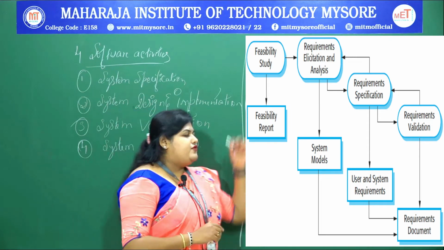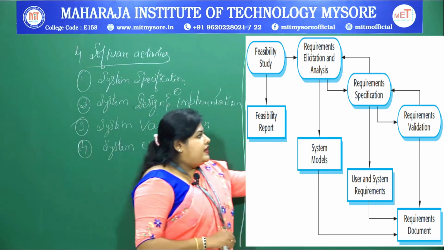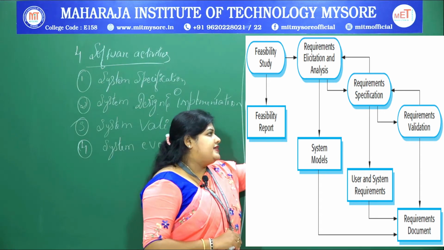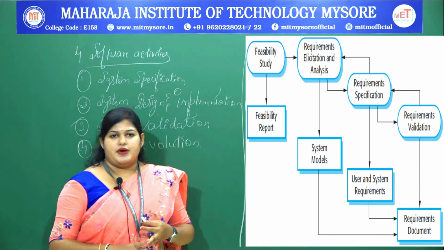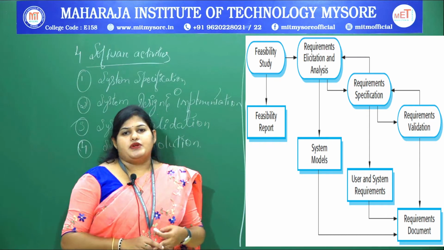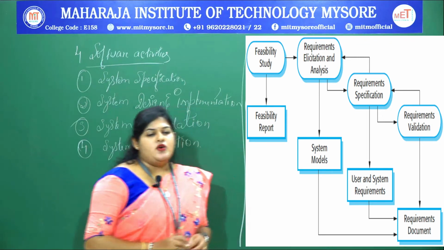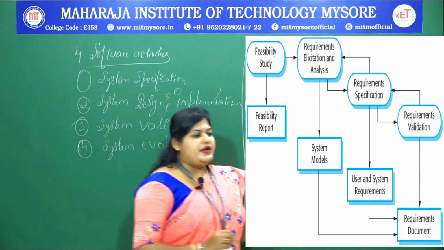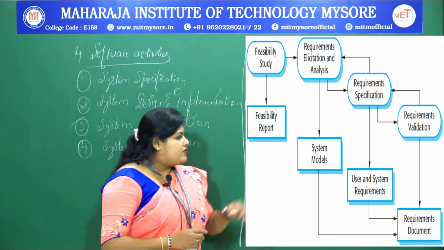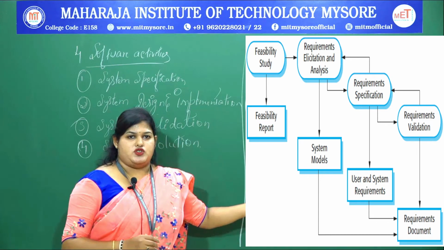On doing the feasibility study, a report will be produced. That will be sent to the next phase, that is the requirement elicitation and analysis. That is nothing but a process of observing. So, what is the collection that has happened in the feasibility study? In continuation to that, the requirement elicitation and analysis will be performed. What is the use of this and how will it be interrelated to the further specification?